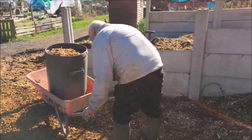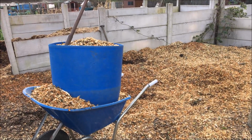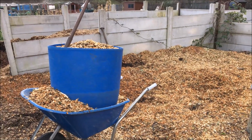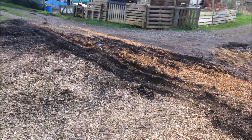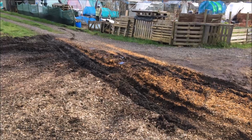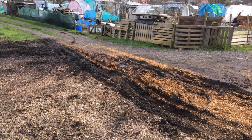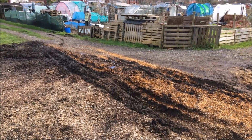Anyhow, let's crack on. Let's get the rest of this taken. Well, between me, Jimmy and Mike, there's not much left there, is there? Still, there's another pile being dropped off next week. The only thing is, we need to take care of this here. Look at the state of this. This is where he's had to drive on to get onto it. It's not good. So we're going to have to dig all this lot out somehow if he's going to drop it again. So we're going to have to get a work crew up here to do some work,